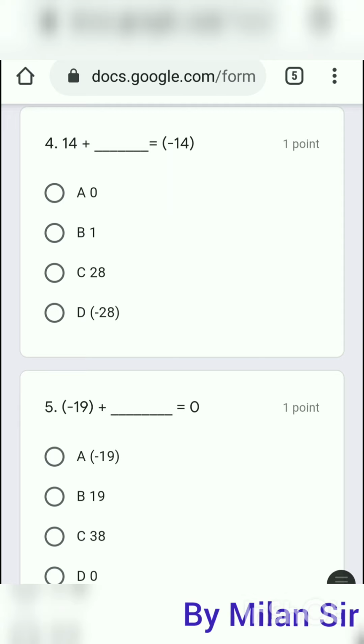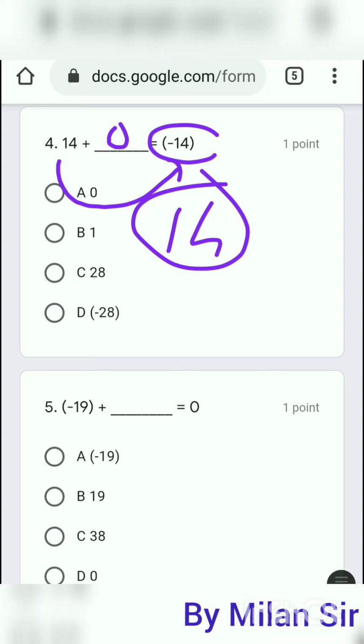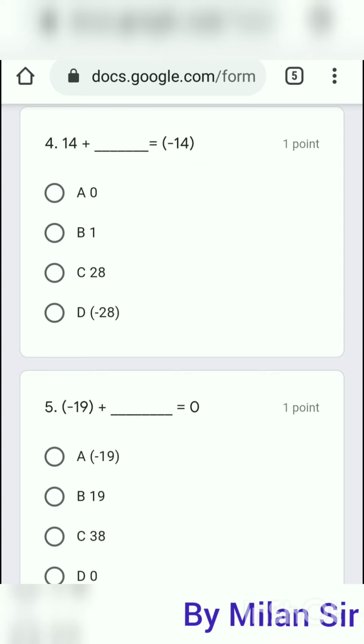Okay, here we cannot think like this. Our question is same as the answer, that means here we can put 0. No, because 14 plus 0 it's only 14. Here we want minus 14, so here we cannot put 0. Okay,